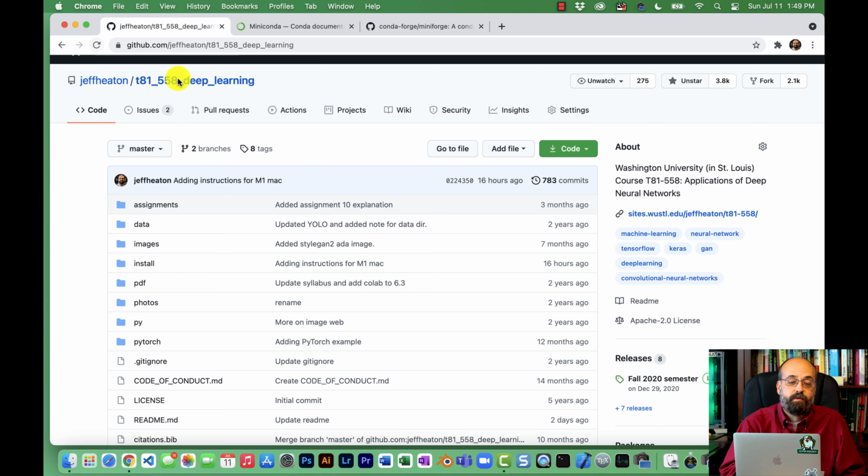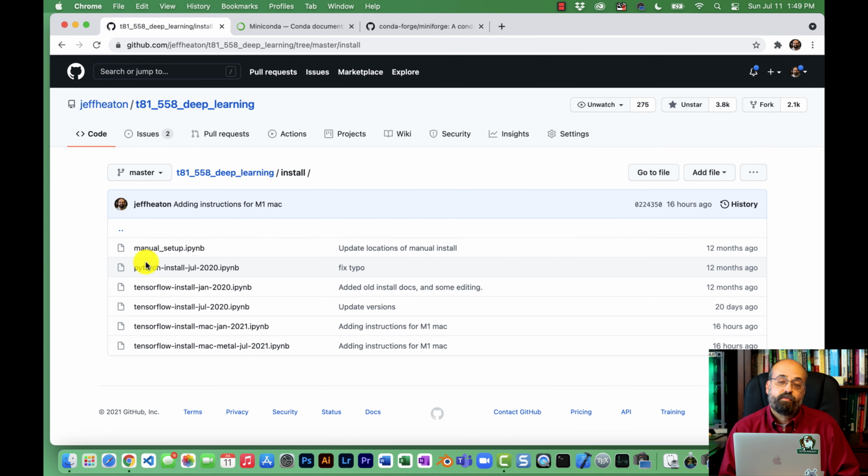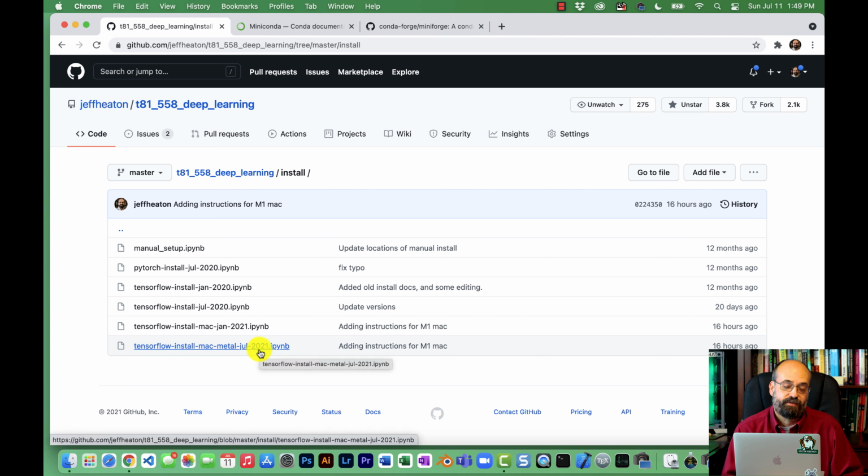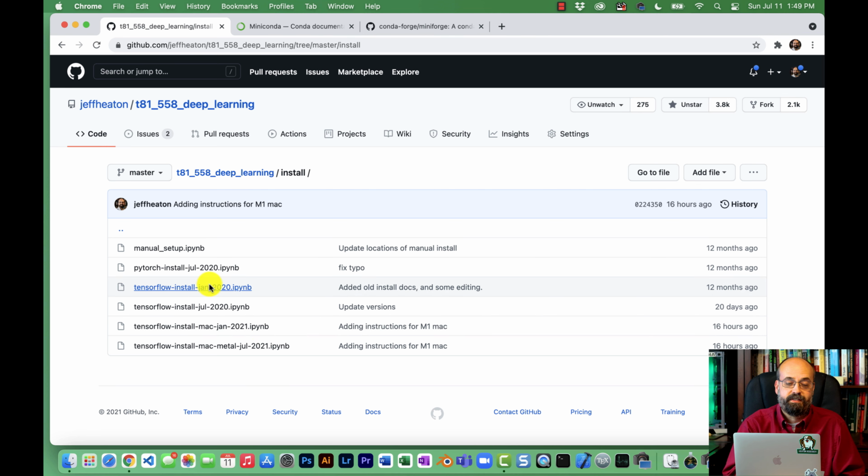If you go to T81 Deep Learning and you go into Install, there's a variety of files here because, for one thing, they keep updating these various platforms, and the instructions for how to install for my course have changed a number of times since early 2020 when I put the first one of these out. I don't like to put broken links on older YouTube videos, so they link to the respective version.